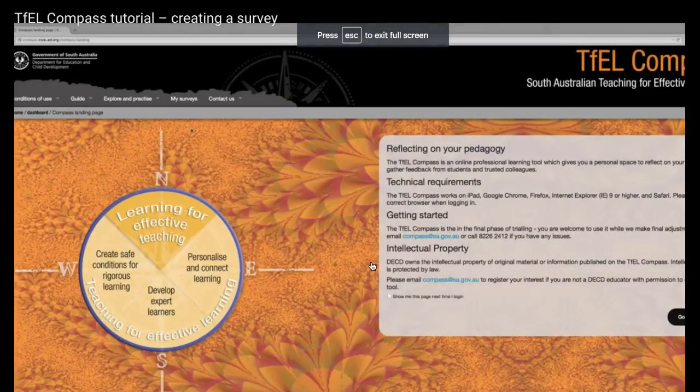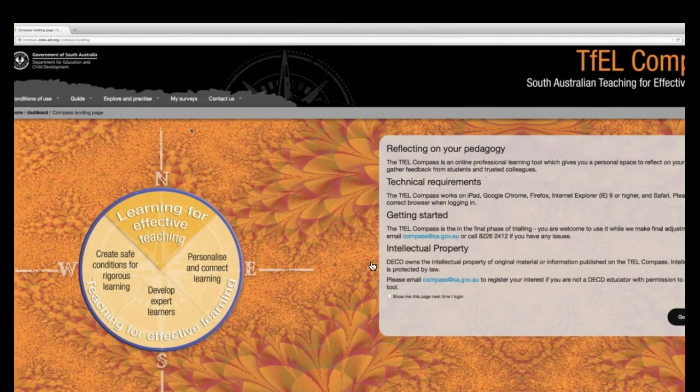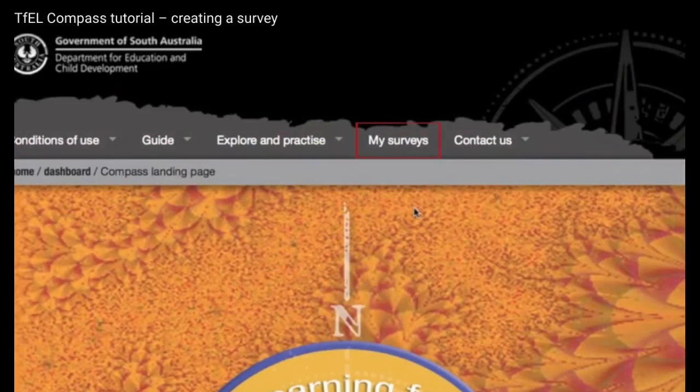Before creating a survey, let's assume that you have thought through the purpose of using the TfEL Compass, what you hope to gain from the feedback, and who you will seek feedback from. To create a new survey,